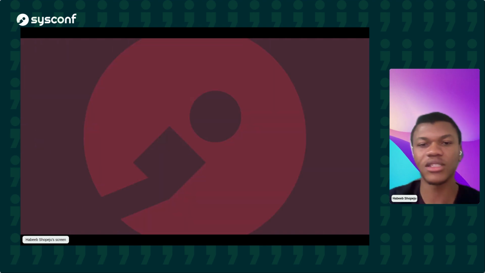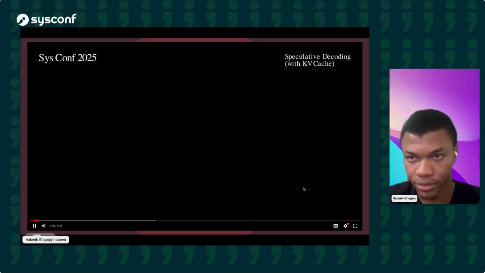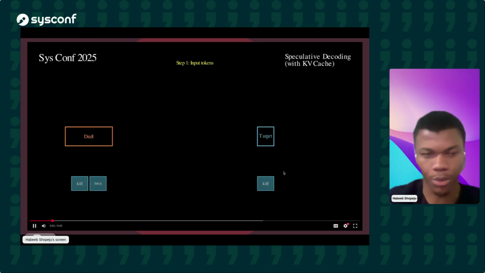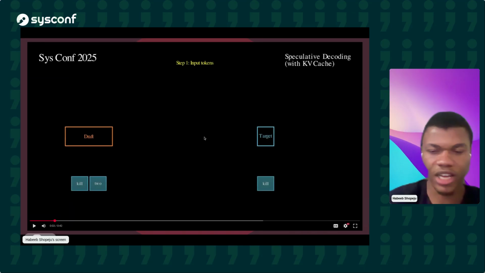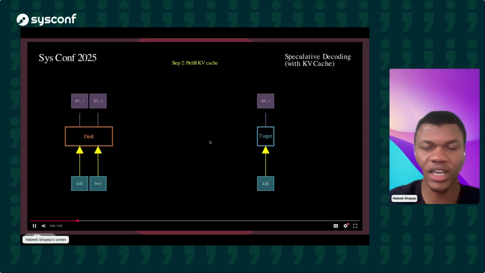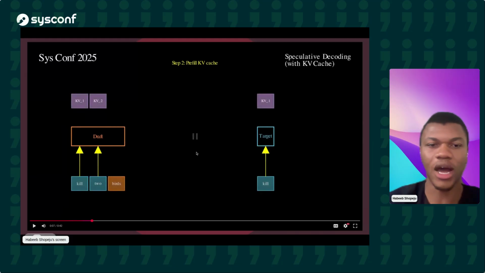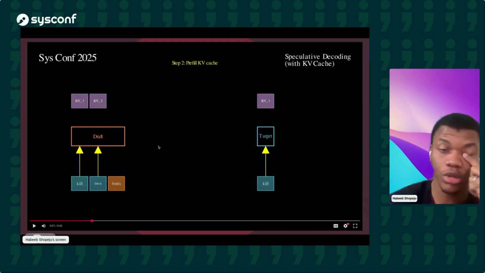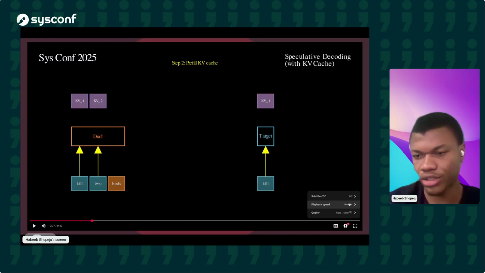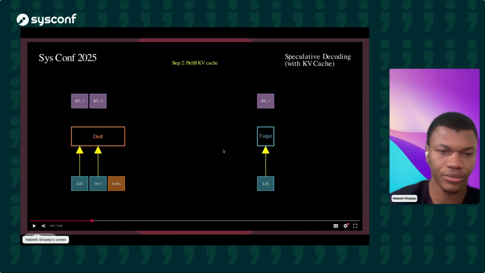What do I mean by this? There's another animation to go with it. So you have step 1, your draft model and your target model, which is the large one. You do your prefill KV cache stage. Then for your draft model, you get your token. I think I should just slow this down slightly.